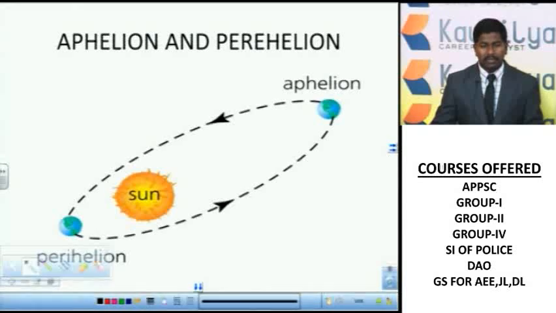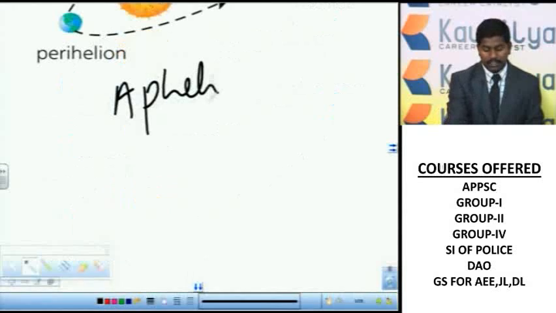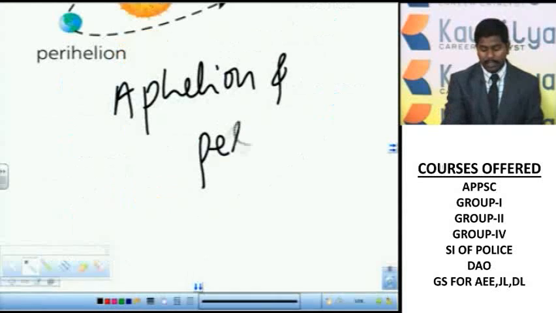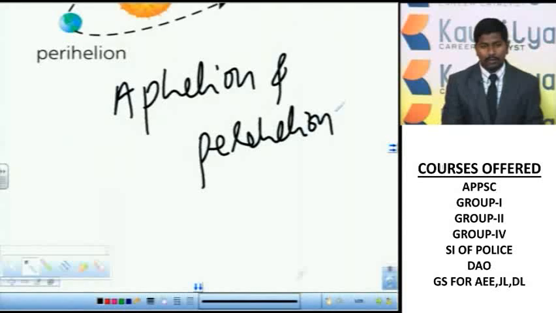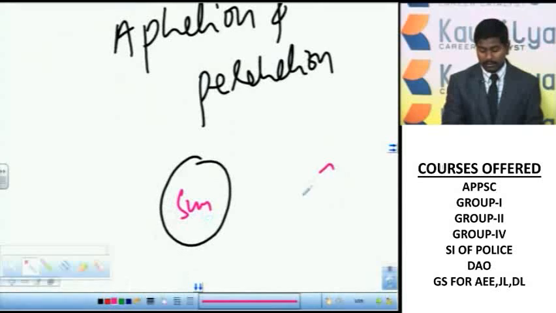So apart from the occurrence of seasons and variation in the lengths of days and nights, the other results of earth revolution are aphelion and perihelion. This aphelion and perihelion is due to the revolution of the earth around the sun. Here aphelion and perihelion means, when the earth is revolving around the sun throughout the year,